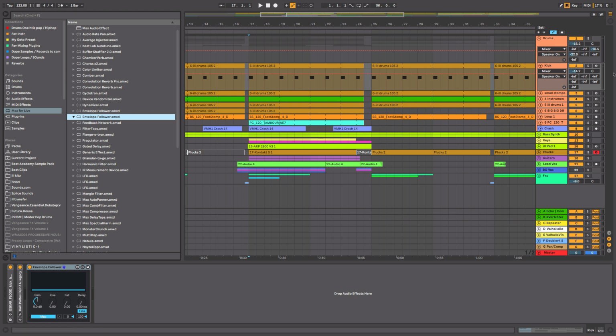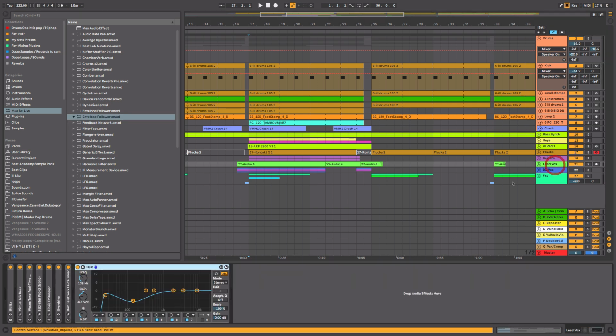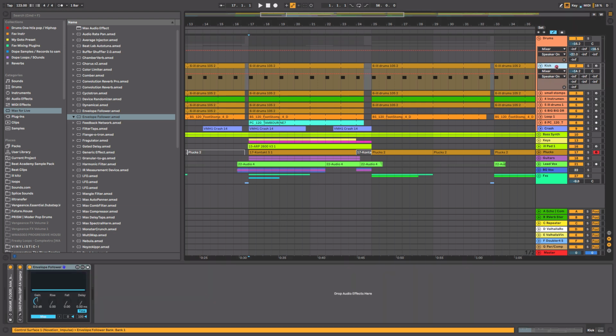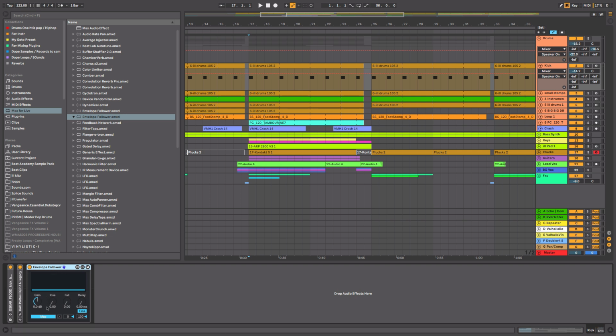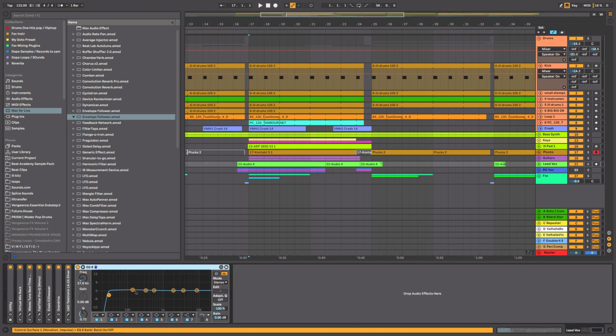Let's have the kick drum here trigger an EQ that I have on my lead vocal. So here's an EQ I have on my vocal track. And what we'll do is assign the envelope follower so that every time the kick plays, it's going to trigger a plugin, which is pretty cool. So first thing we need to do is map the envelope follower. I'm just going to hit the map button and then go over to my lead vocal track, and let's just say